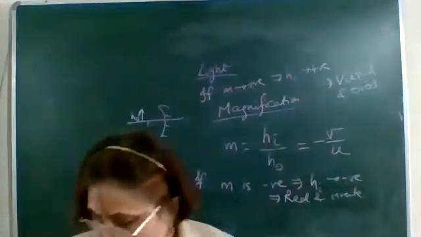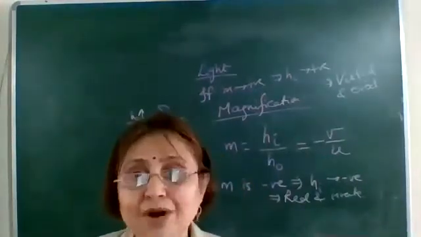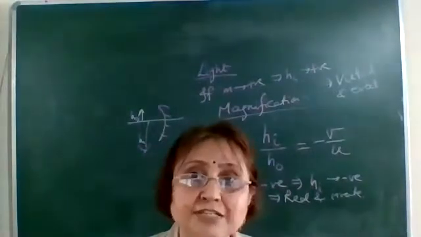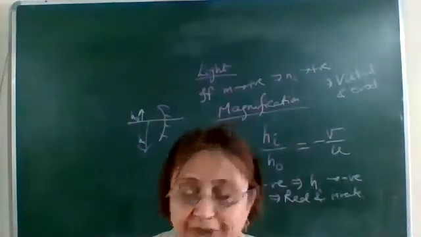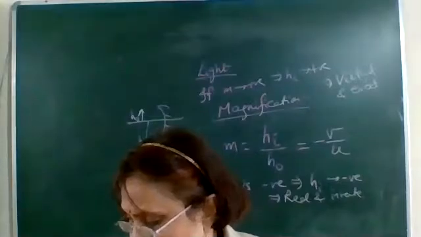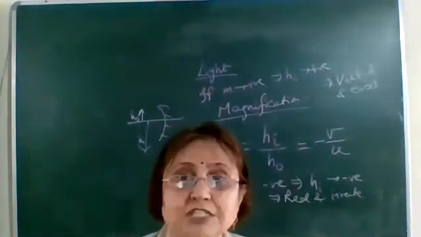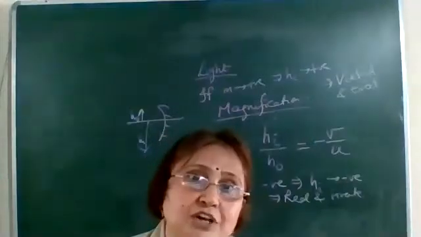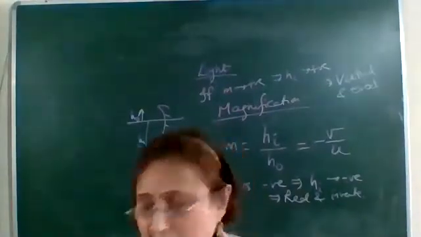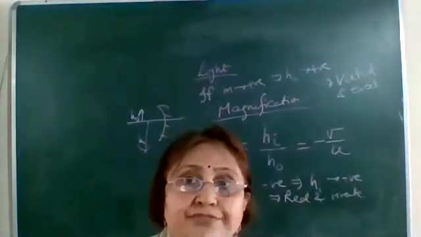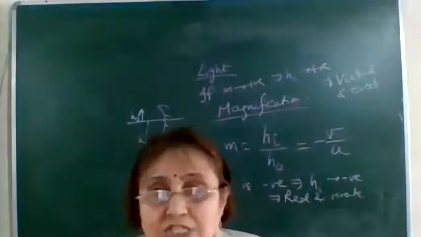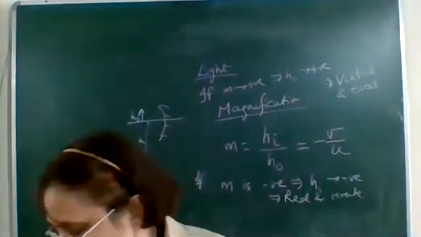Here, your book should be along with you on page number 168. There are some unsolved questions. Define the principal focus. Already defined. The radius of curvature of a spherical mirror is 20 centimeters. What is its focal length? We know that focal length is half of radius of curvature. So if the radius of curvature is given as 20 centimeters, then the focal length will be 20 divided by 2, 10 centimeters.